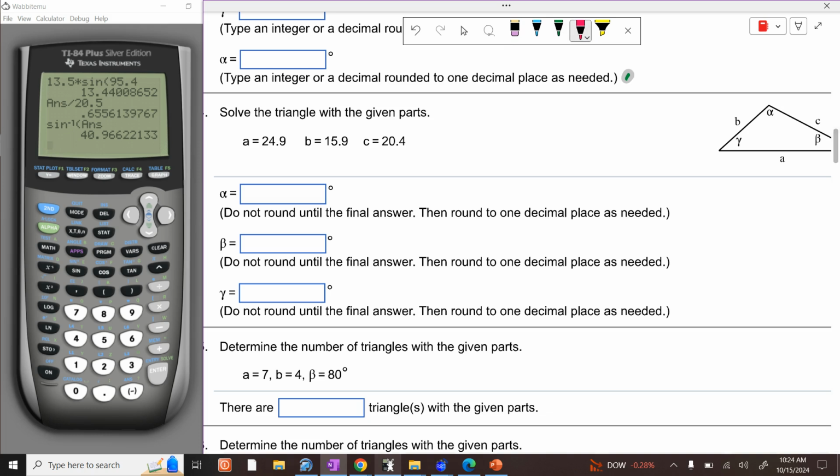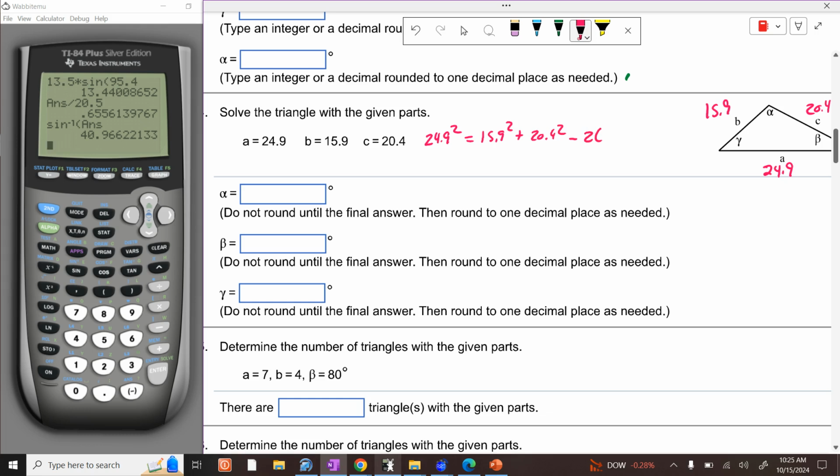All right. So A is 24.9, B is 15.9, C is 20.4. A is the biggest, so I want to find angle alpha first. So 24.9 squared, A squared, equals B squared, 15.9 squared, plus C squared, 20.4 squared, minus